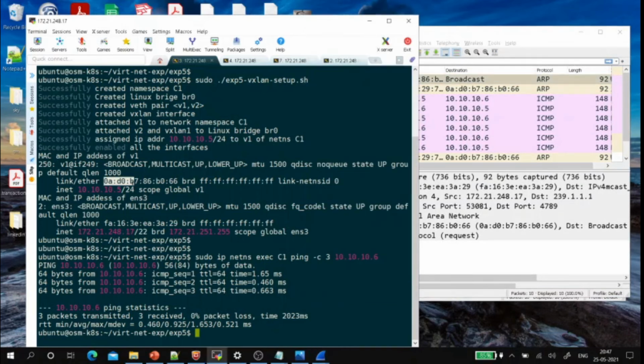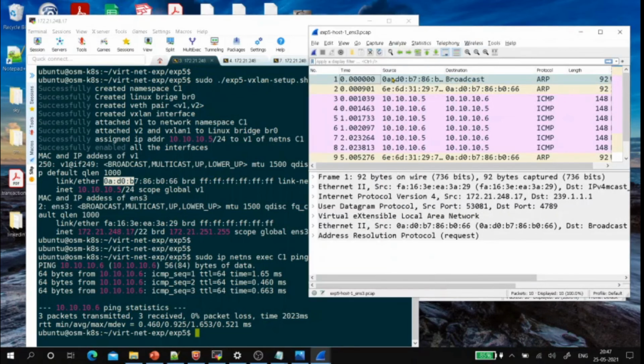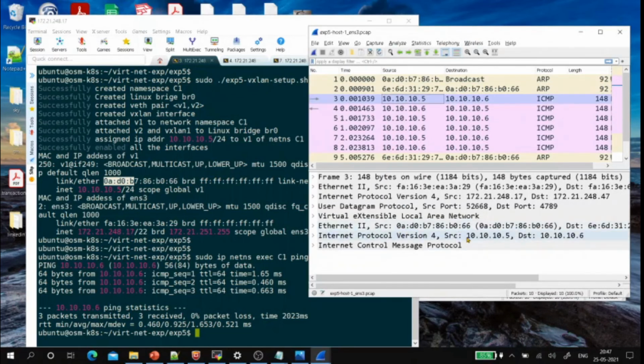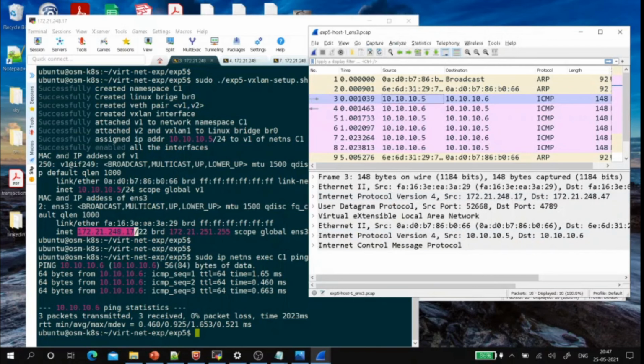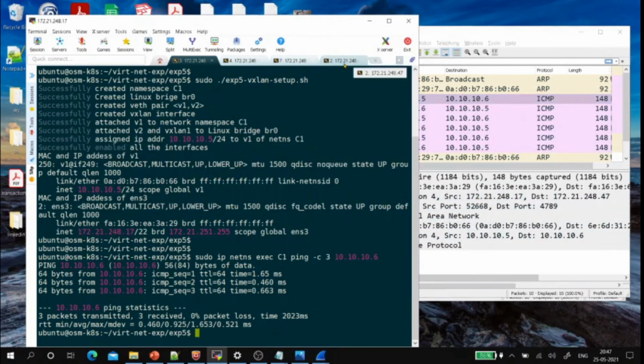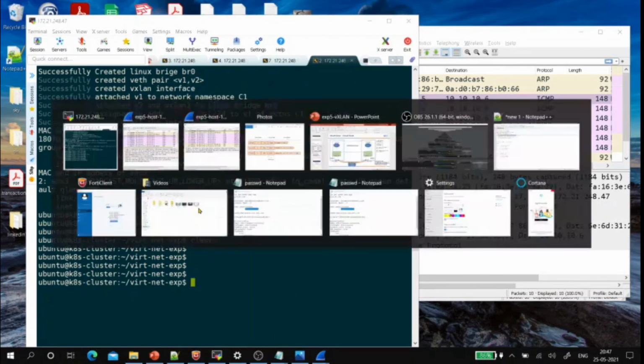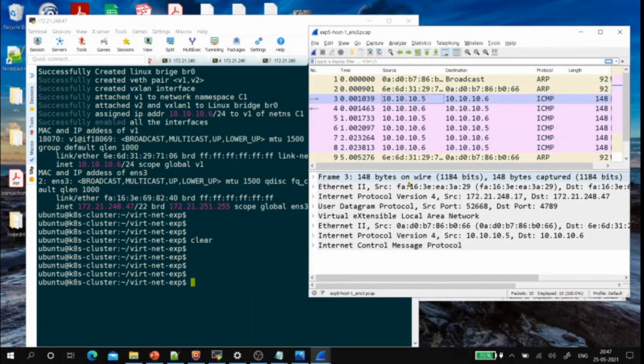We have 0A D0, same thing. 0A D0, its IP address is 10.10.10.5, and when it comes to the ENS3 host interface, its MAC address is FEA16.3E. Its IP address is 248.17. At the same time, we'll also look at the other host 2 details.